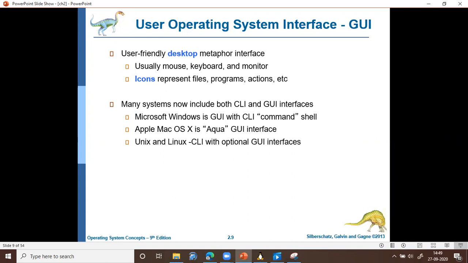Windows supports both a graphical user interface and a command line interface, through the command prompt or command shell. The Apple Mac operating system also supports both, and Linux and Unix also support both CLI and GUI interfaces.